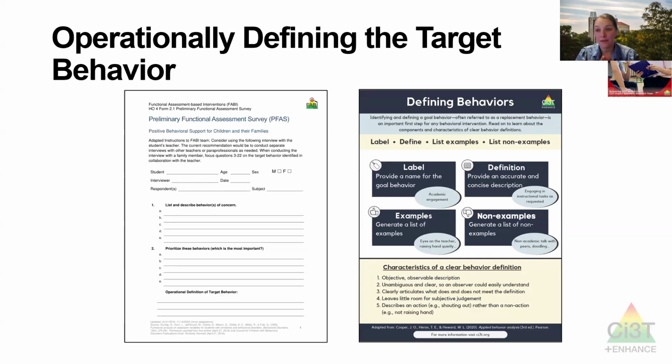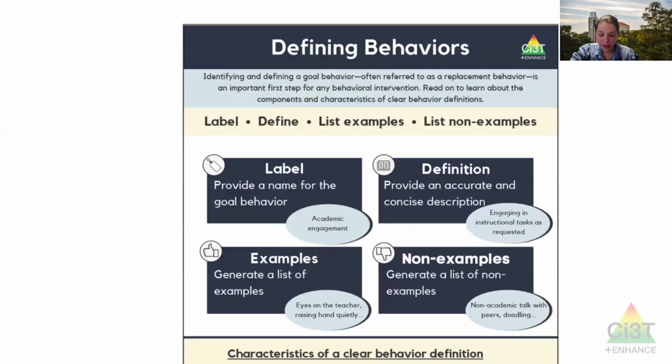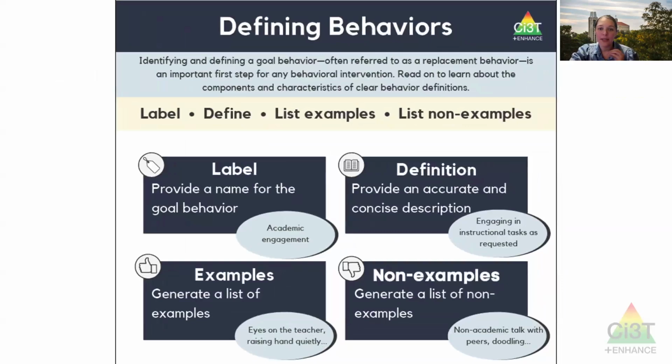What is the one behavior that if we were able to move the needle on that, decrease that challenging behavior or increase a more positive replacement behavior, that would really change that student's experience with us, that would make them feel more successful, that would set them up for success. It's about narrowing down to 1. And once you have that behavior, you operationally define it. And this is when we're setting up a really clear, concise definition that is objective. It means that anyone can use it. I can walk into the room, I'm going to see and know, is this happening, yes or no? And it's so clear you can give it to anyone to do that.